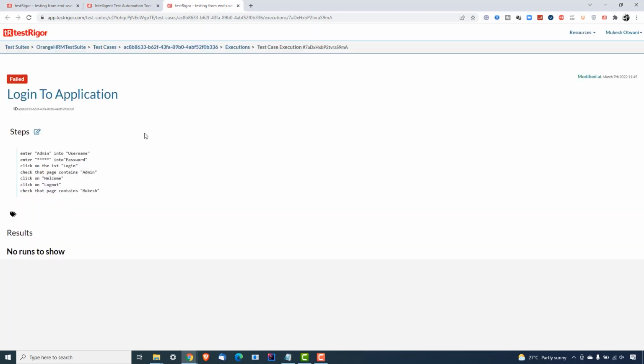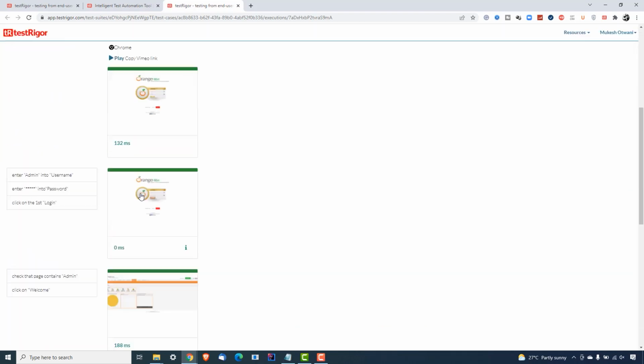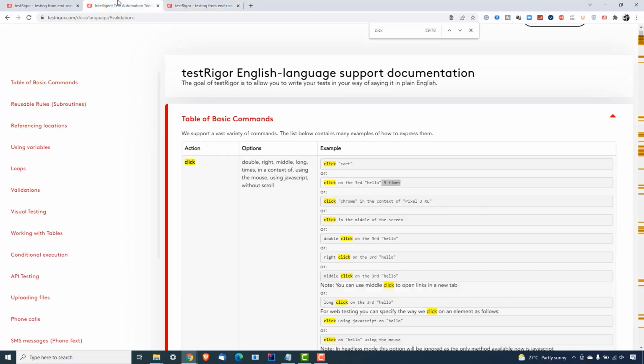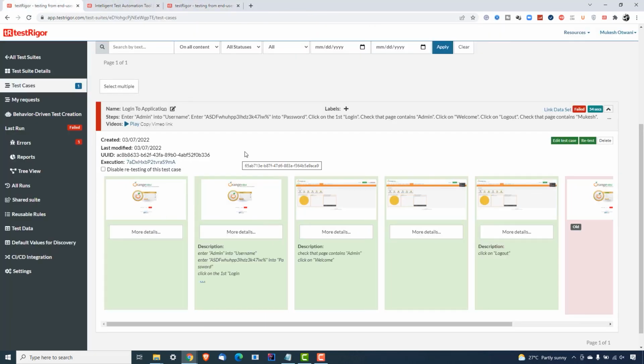Okay, it's taking some time to load this. Yeah, so your steps, and finally this is the failure. Error says page does not contain Mukesh but supposed to. Perfect, right? Now the moment your test is getting failed, on the left hand side you can see the last